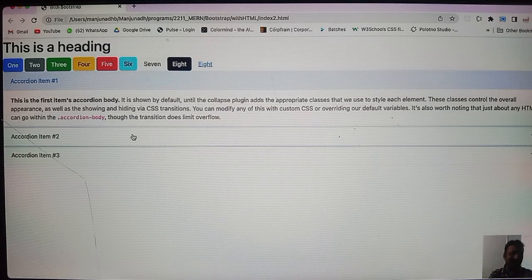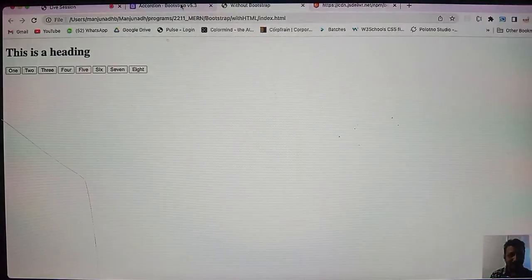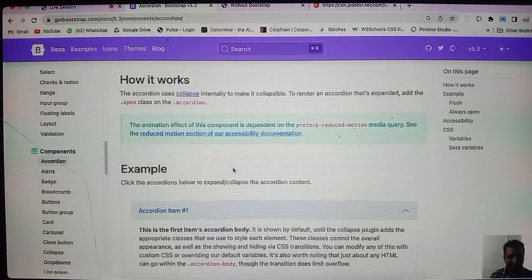We have copied the HTML. Perfect. We have copied the CSS link. JavaScript we haven't given. That's why on click it is unable to detect it. Now, if you go through their documentation, they have given